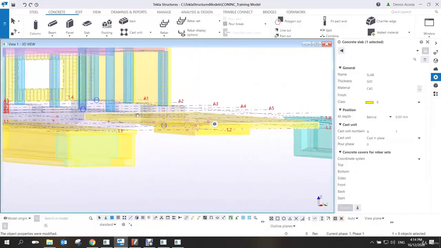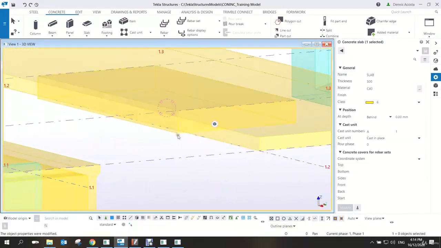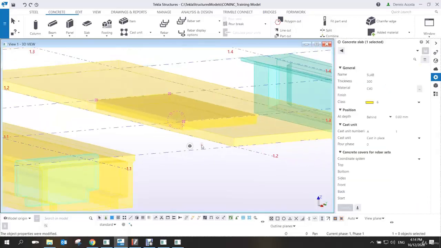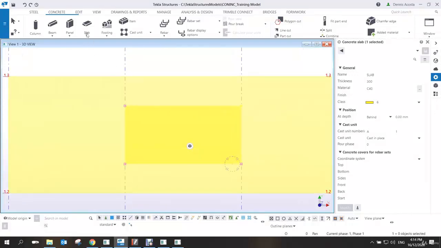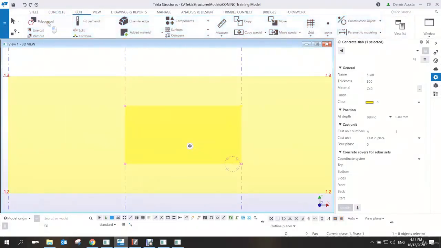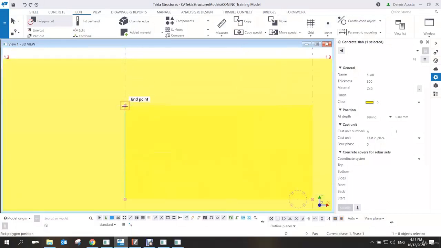Below, yeah, behind. It's below, yeah. Oh, means is the... Yeah, and then this one, clean. Yes, and then I'm going to make this one as 300 as well. And then I'm going to do the cutting here. Cutting, so here, edit, polygon cut. So as you can see here, I'm going to cut from here, say 500, control 500, and then this one,